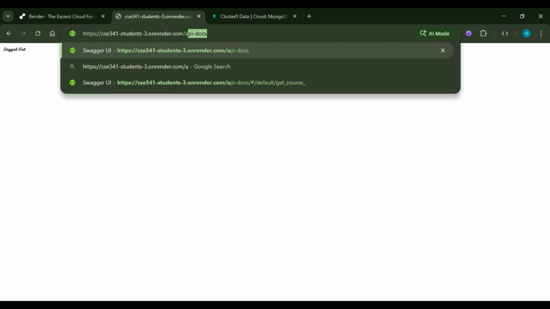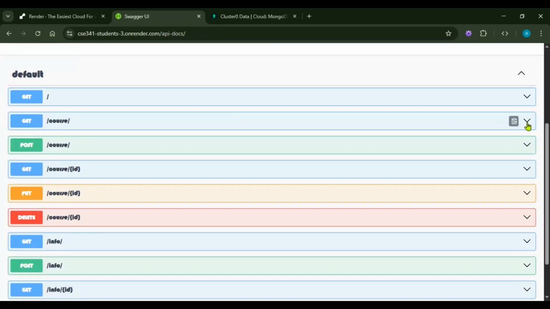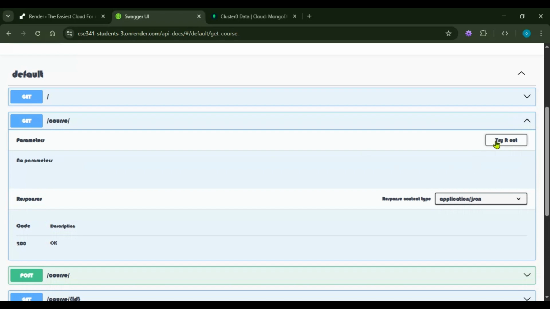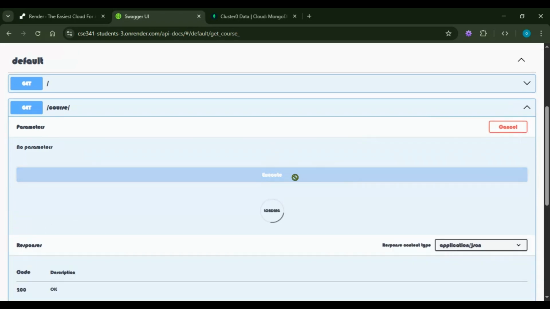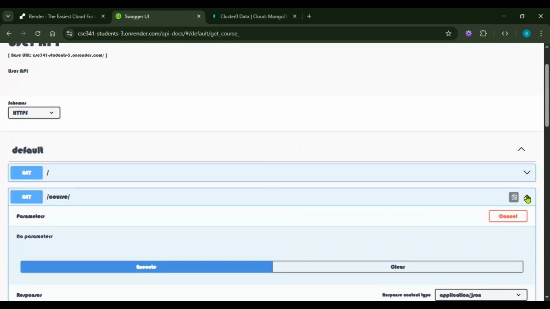Hello, as you can see, my site is currently hosted on render.com and we are currently logged out. So when I go to my API docs, I can perform a get request and I'll get all the courses in my courses collection in the